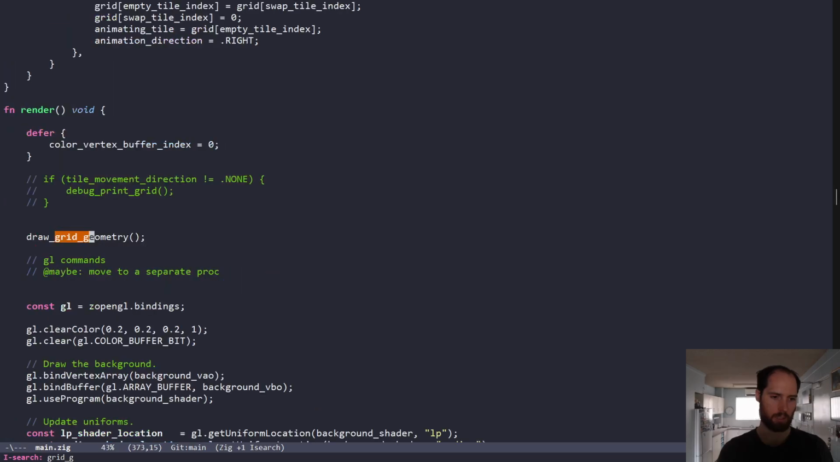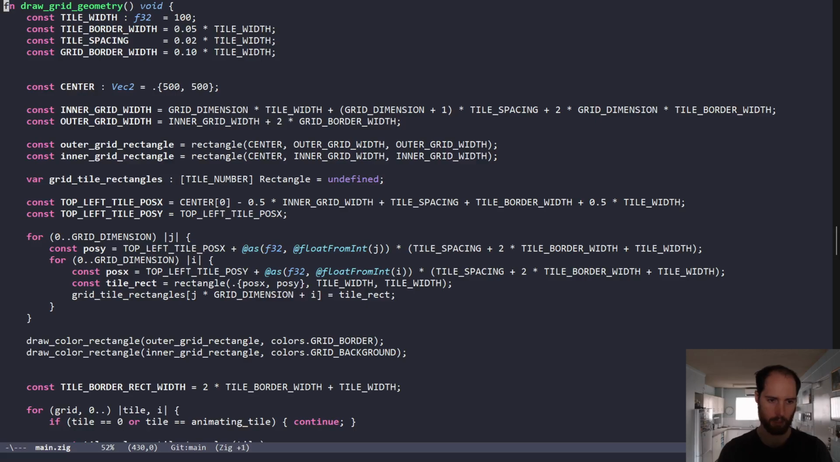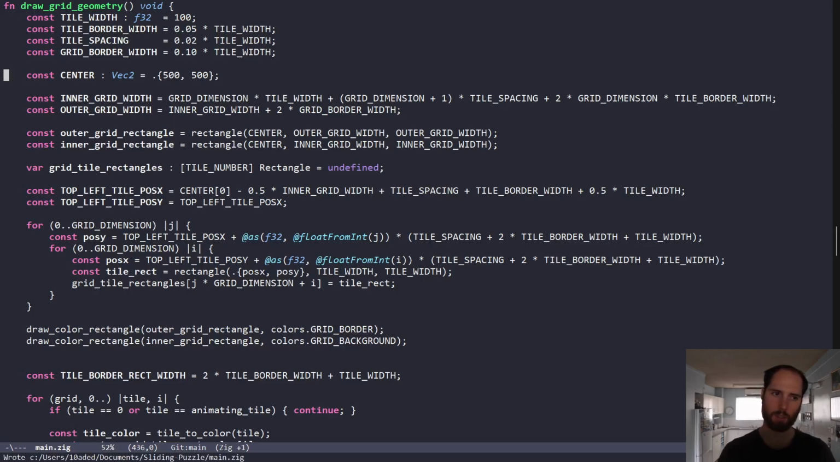So call it grid G. In this draw grid geometry, let's separate this stuff out, move it to something different, and render that with this new shader. Then we can start removing stuff, since the shaders are combined, we'll be able to just drop the texture part from the color shader and the color part from the texture shader. Okay, so